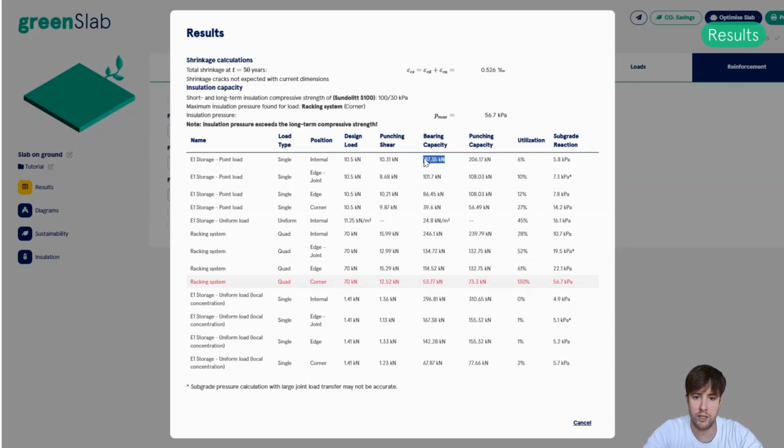The bearing capacity is the capacity against the design load, so in this case it's a point load capacity on the internal part of the slab.